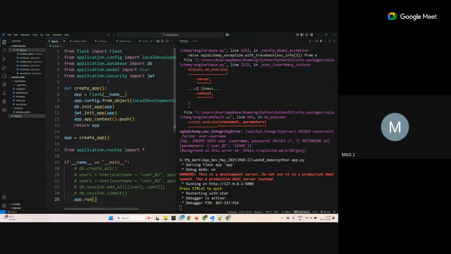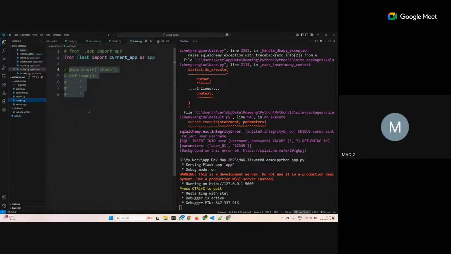All right, now the next thing that we're going to do is see how these things work. Every application is running, but what exactly is happening? So for that we'll come to this routes.py now and create actual routes. Okay, are we clear till this point? Any doubt? Okay, so